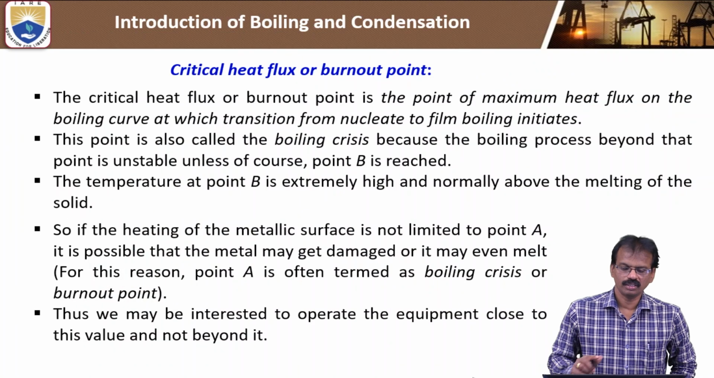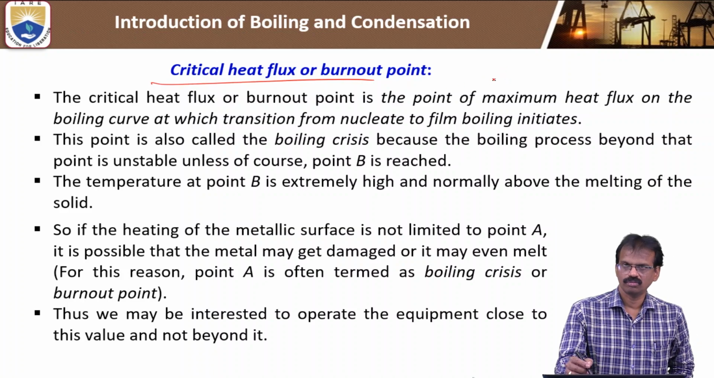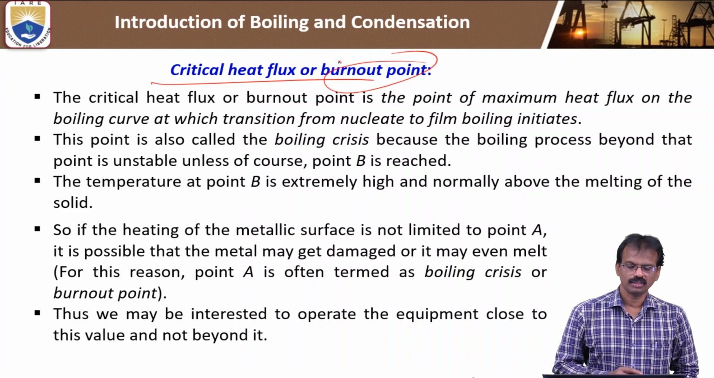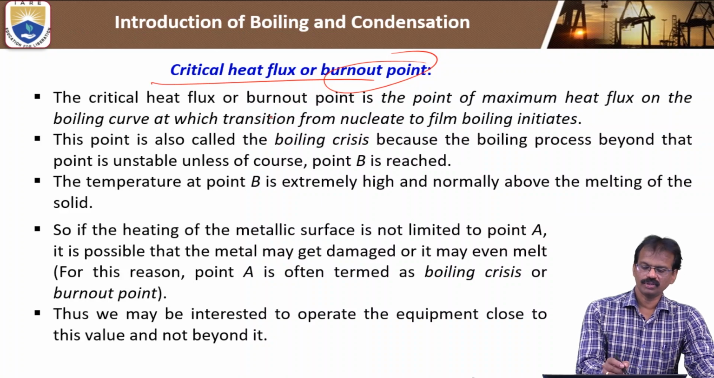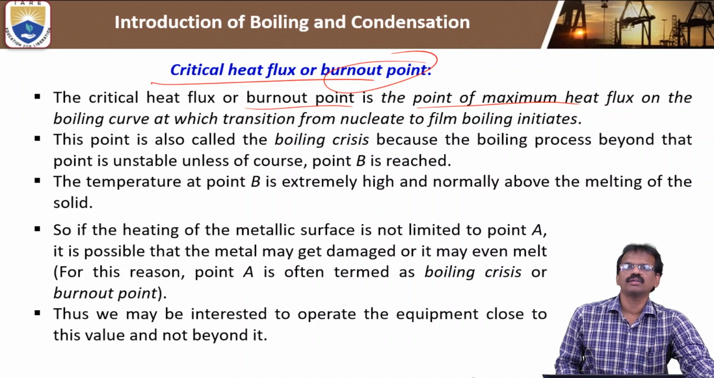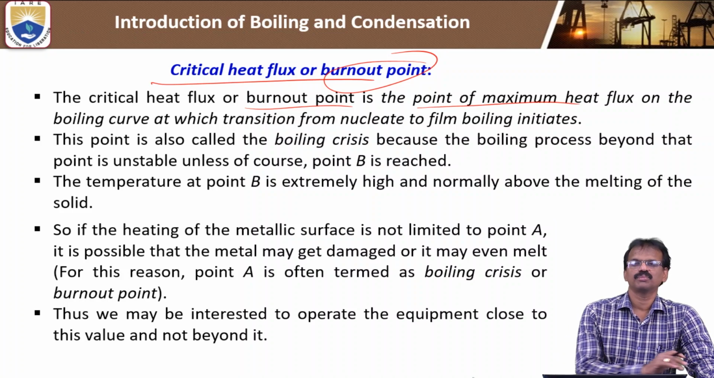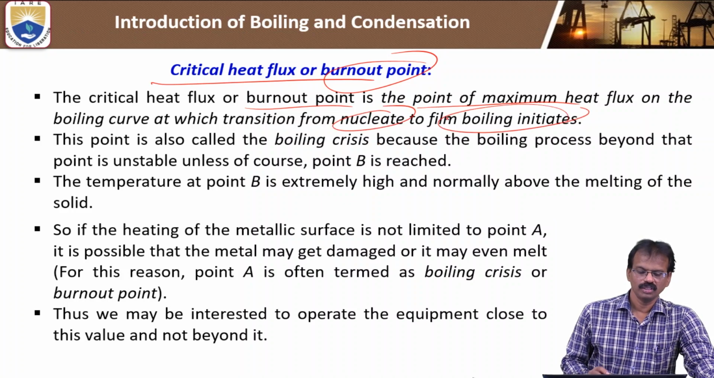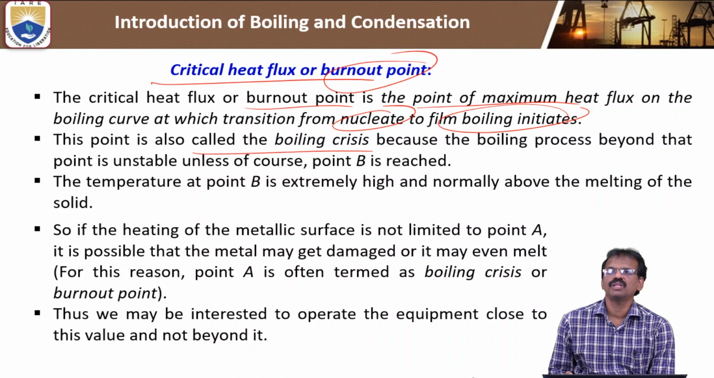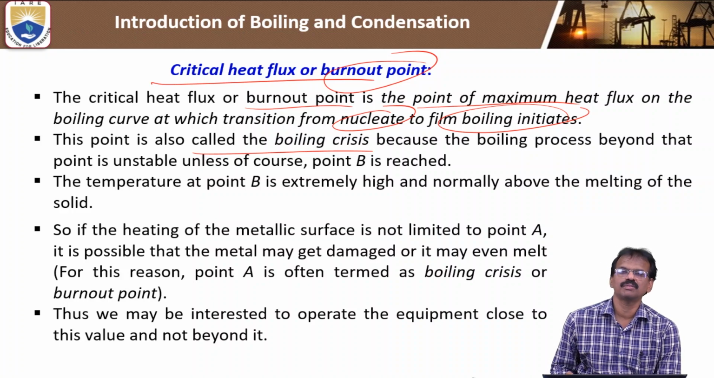So next, we know the critical heat flux. We can observe this critical heat flux point at the end of nucleate boiling. It reaches the highest heat flux, a very maximum point, that is nothing but the critical heat flux. Critical heat flux or burnout point is the point of maximum heat flux on the boiling curve, after which we will see the transition from nucleate to film boiling. This point is also called the boiling crisis, because the boiling process beyond that point is unstable unless